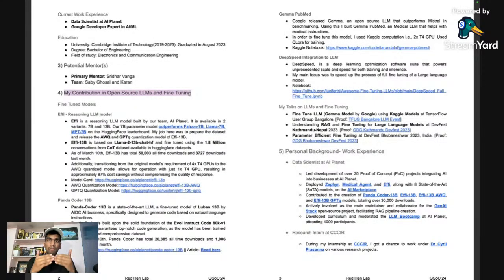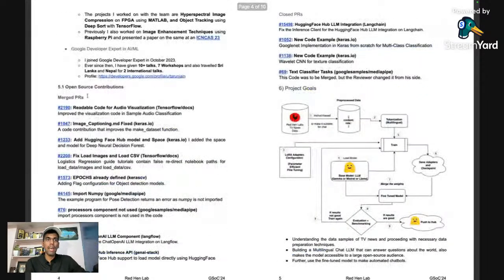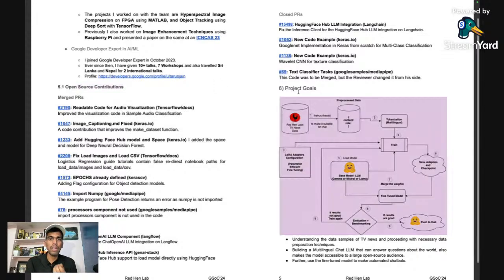So here, since I've created a relevant project, my fourth subheading is relevant to the similar project. And then I have the work experience, and then I have the open source contribution. Once you have this in place, which is relevant projects, work experience, and open source contribution, the next thing is you need to create a complete timeline on how you will contribute to that particular project.